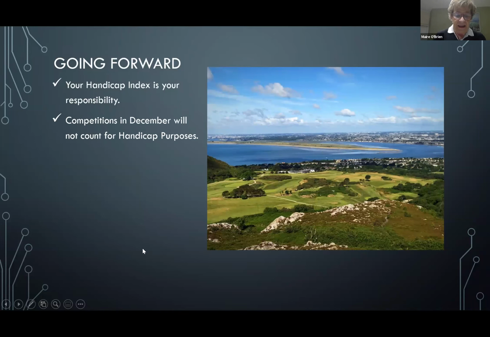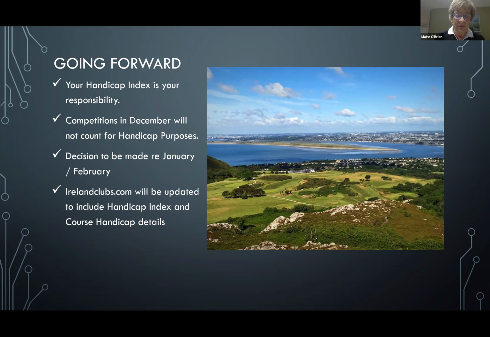For competitions played in December, assuming that we get to play a few competitions in December, we will run them as not qualifying for handicap purposes, so that we can all get used to dealing with handicap indices, course handicaps, playing handicaps, etc. For competitions during January and February, we will take a decision at the end of December as to how we want to run them. IrelandClubs.com will be updated to include all the details of it. It currently has your handicap index, and of course will include then course handicap and playing handicap depending